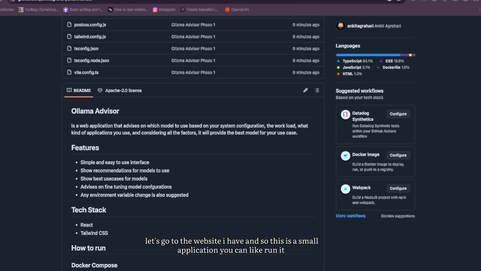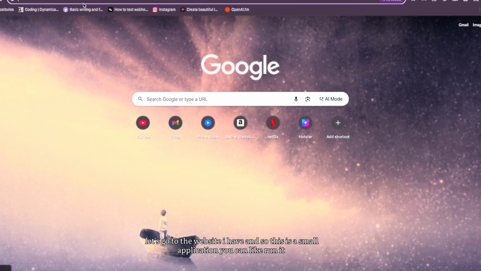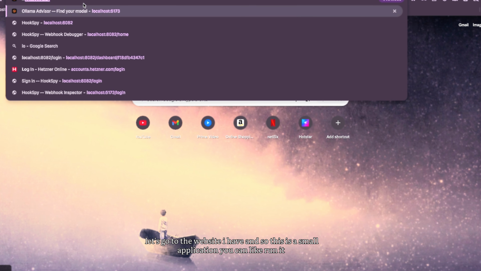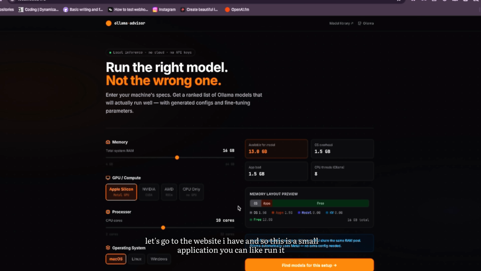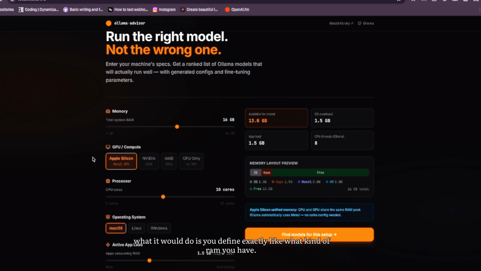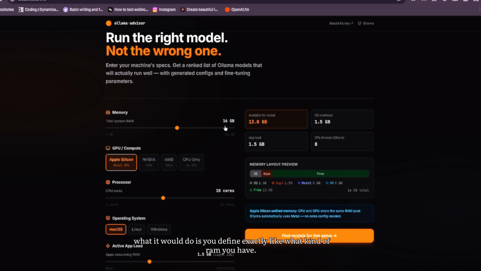Let's go to the website I have. This is a small application. You can run it on your system before choosing a particular model. What it would do is you define exactly what kind of RAM you have. The maximum size I gave is 64. You may have more, but then you would not be